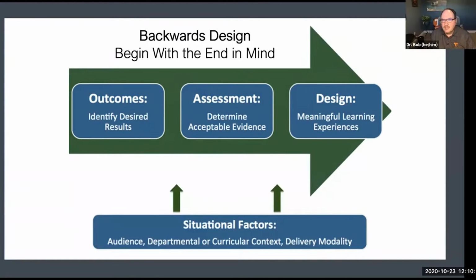Once you have your assessments in mind, then you can build the bridge, the scaffolding, through meaningful learning experiences, meaningful interactions, activities, maybe even technologies that can help you bring students from wherever they're at ultimately to a point where hopefully they can accomplish those outcomes. And probably the most important part is to keep the focus on situational factors. And of course, in the middle of the pandemic, we would suggest that you consider very carefully what our students are experiencing, what we're experiencing, and ultimately try to consider all of those factors